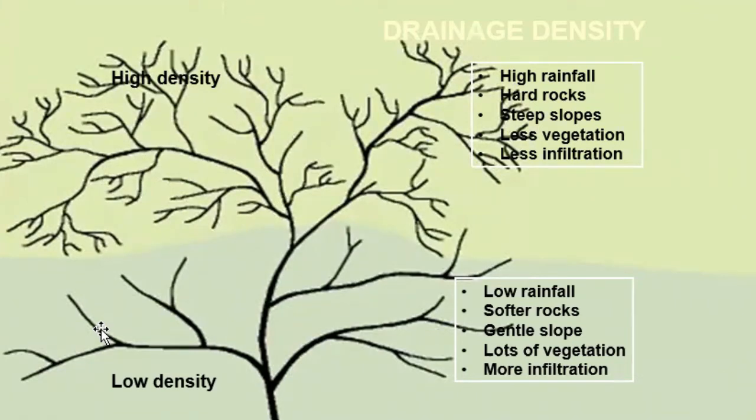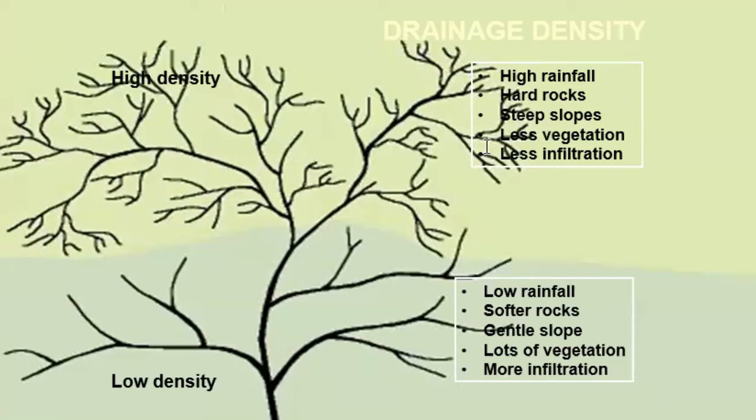Now, when you look at this, we are having different categories. If you check here, somewhere from here up here, we have a number of streams which are too many. So meaning that on the earth's surface, somewhere here we have a lot of streams that are existing on top of the earth's surface. These streams form what we call high drainage density. What is high drainage density? This is where we have a lot of streams that are flowing on the earth's surface. So up here, if you see an area having a lot of streams like this, it simply means that is what we call